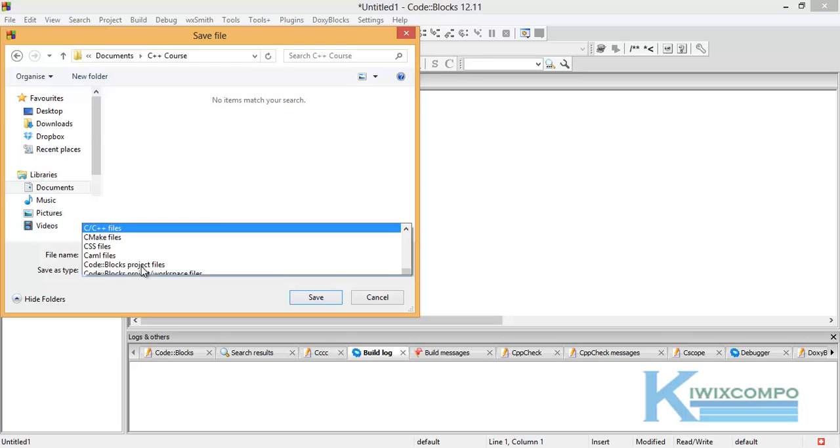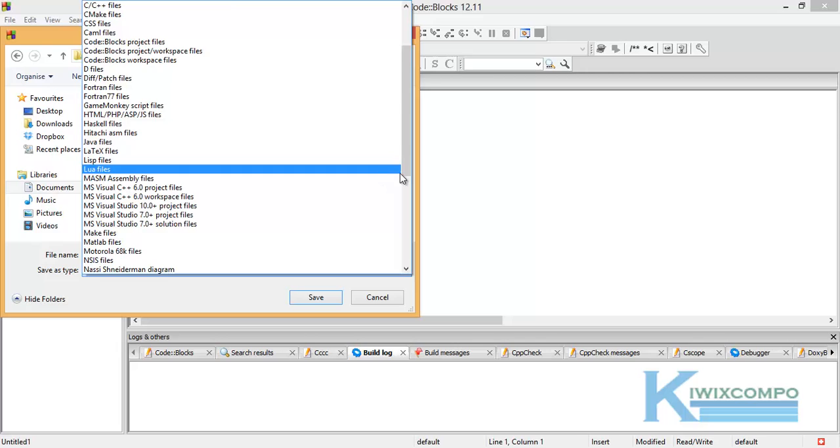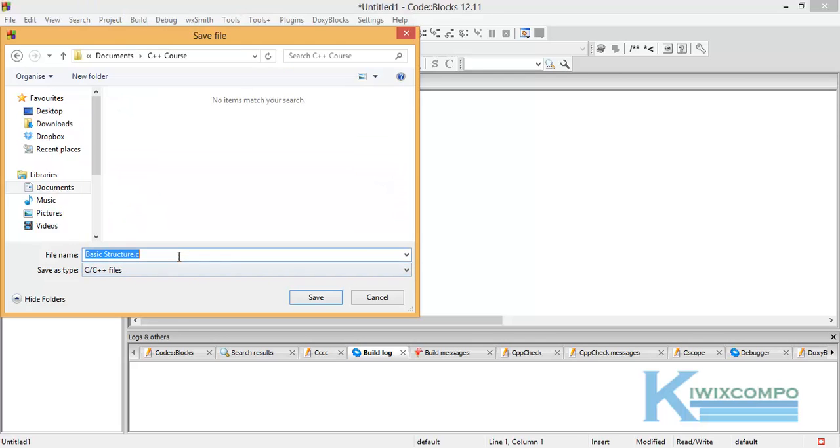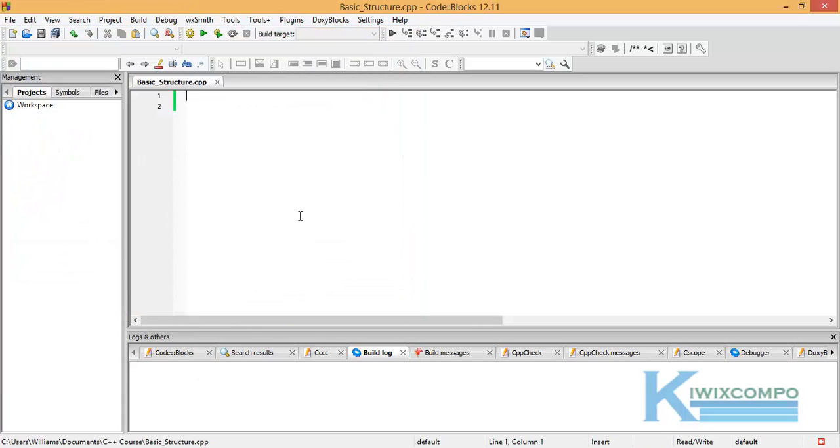It's a C++ file, so it should be .cpp, but we can put it this way, and no space. You can just separate them with a hyphen or an underscore, or you can combine them. So I'll save, and